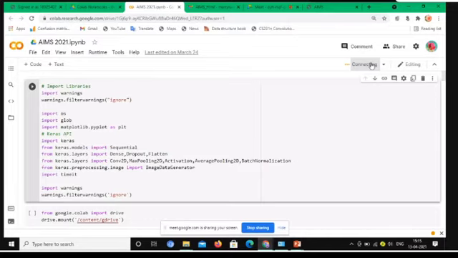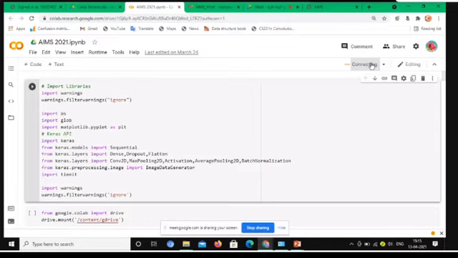Import os and import glob. Glob is used to count the number of files present in our directory, and matplotlib is used for plotting values. Then there are Keras and TensorFlow. Keras is an API.